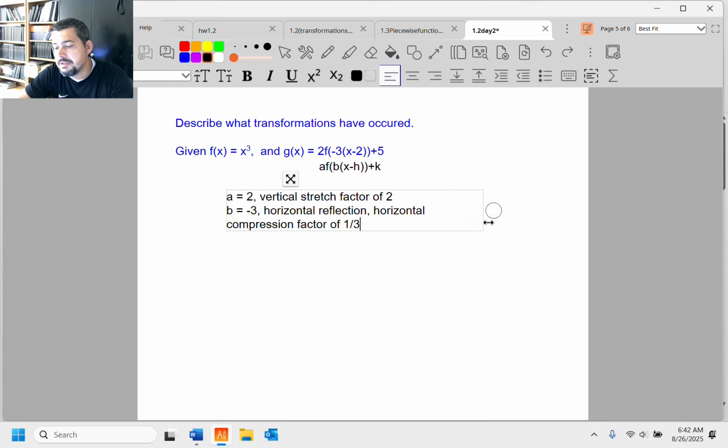Remember, we do opposites. Inside we have that h is 2. That is a shift. Let's use the word translation. Translate right 2. And then we have k is 5, which means we translate up 5. And